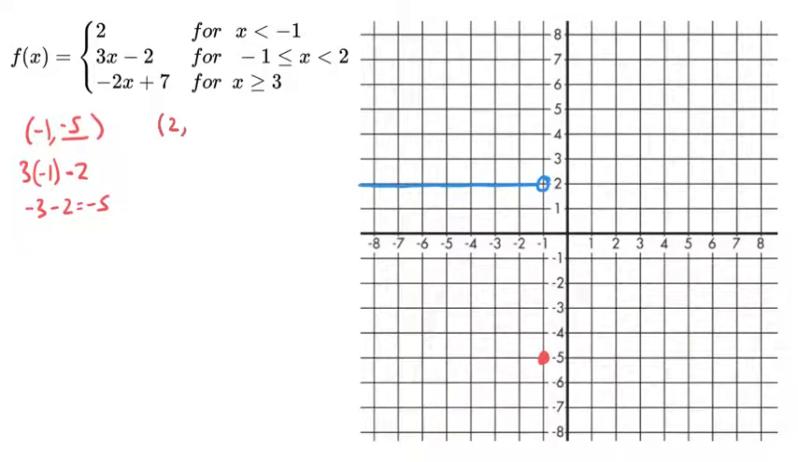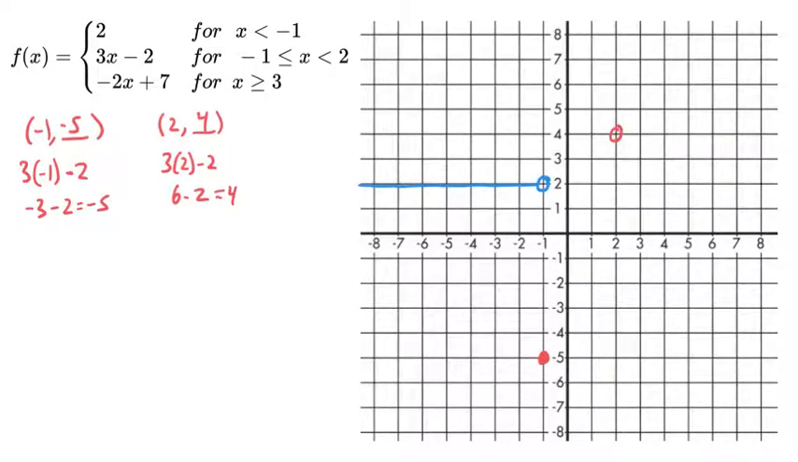That's going to be 2 comma something. Let's see what we get. That's 3 times 2 minus 2, which would be 6 minus 2, which is 4. So 2, 4. So I'm going to have the dot 2, 4, and this one's going to be an open